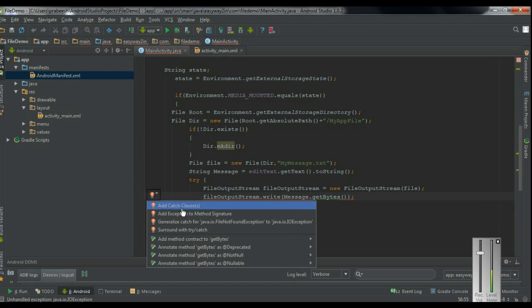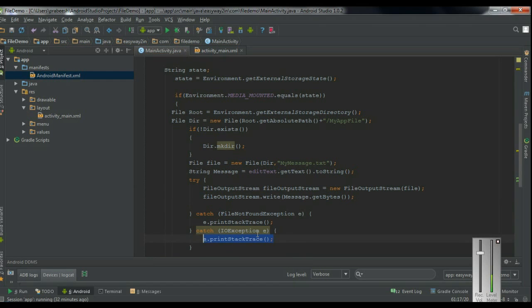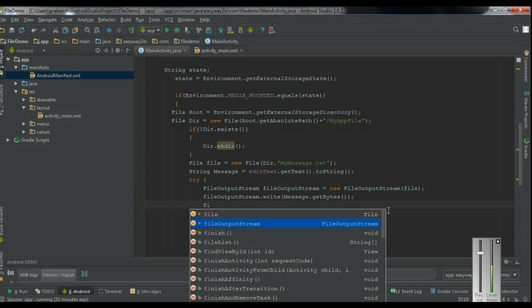Add the needed catch clause. Here it is IO exception. Okay, so now we write the information into a text file available on the external storage of the device, and finally we have to close the file output